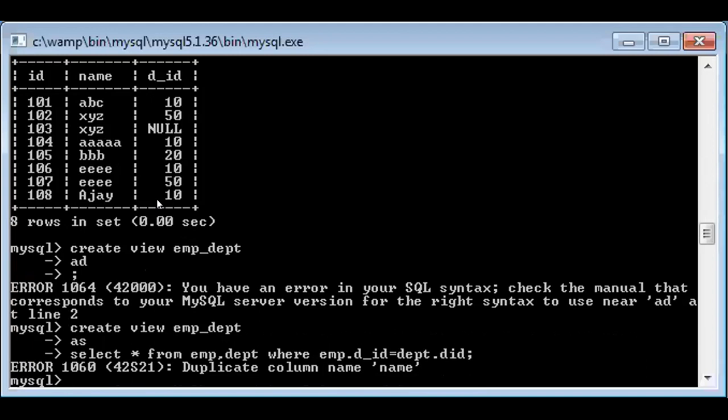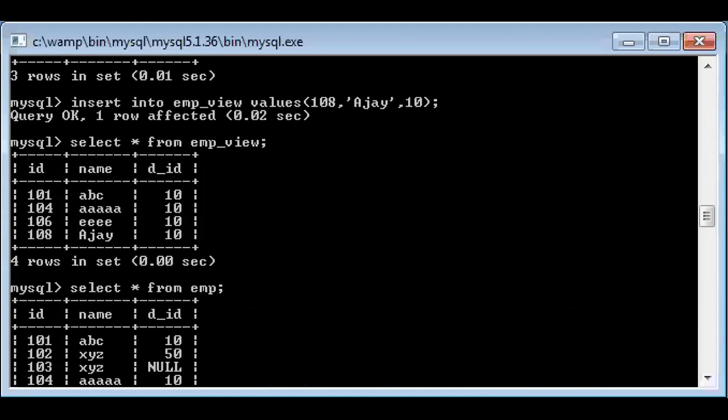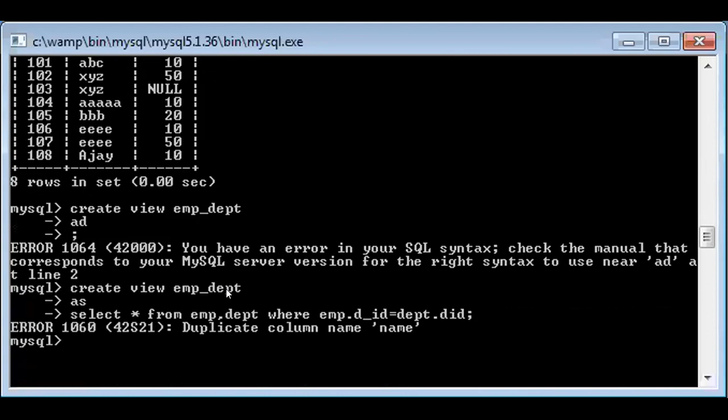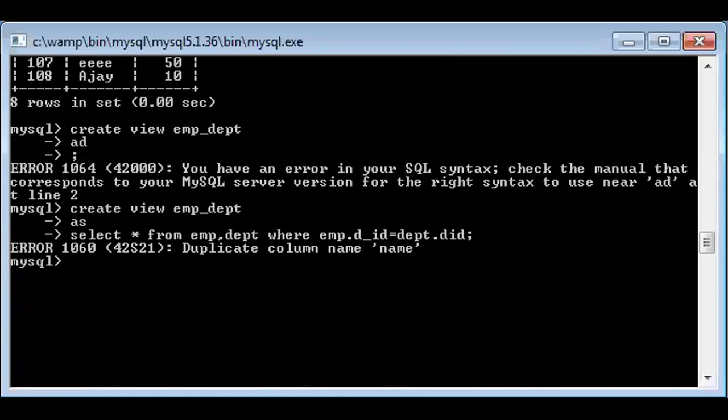The column name is duplicate in both the tables. That's why that name cannot be used within a single view, because when we are creating a view, the column name given in a view always matches the column name given in a table. So here what I have to do is